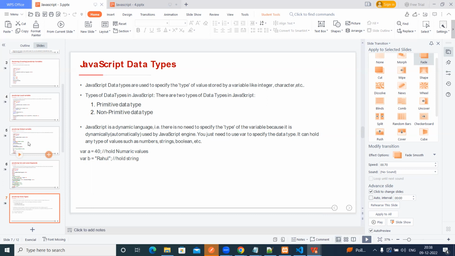So in JavaScript we have two types of data types. One is primitive data type and the other is non-primitive data type. JavaScript is a dynamic language, that is, there is no need to specify what type of data type it is, because it is dynamic, that means the JavaScript engine automatically